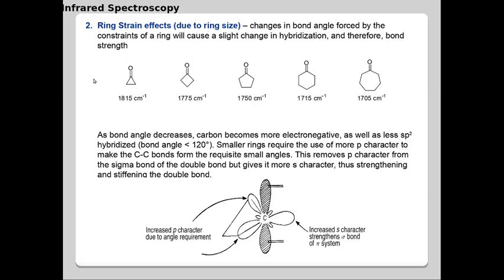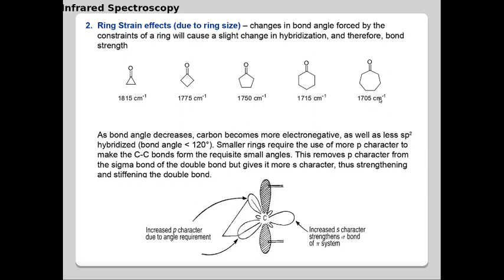Okay, the next effect that we shall account for that could affect the vibrational frequencies is ring strain. If a molecule contains a ring, and if the ring is somehow strained, then this could affect the vibrational frequency of a bond that is a part of the ring. For example, if you consider the stretching vibrations of the C=O bond, that means the carbonyl functional group, in a typical series of rings here, then you shall be able to see that starting from the small sized ring towards large sized rings, the carbonyl vibrational frequency